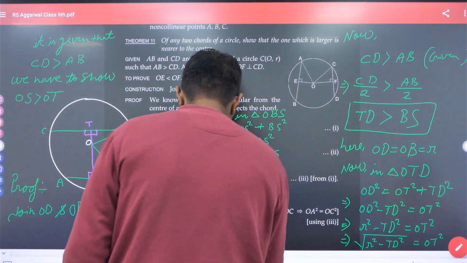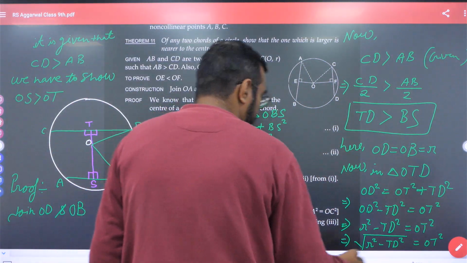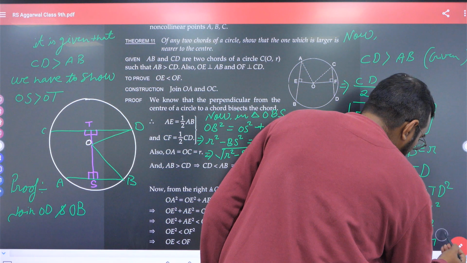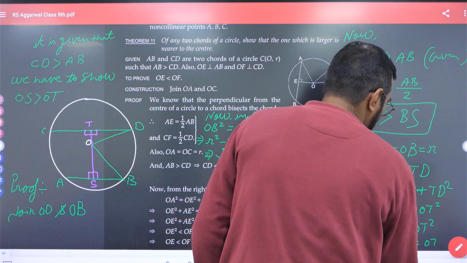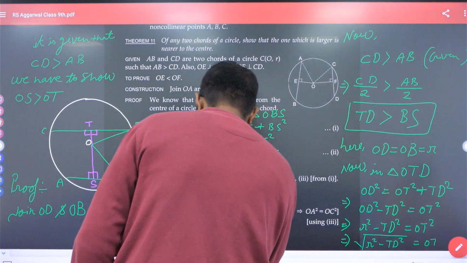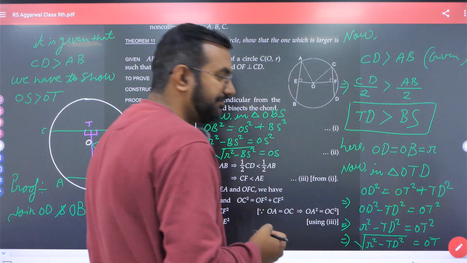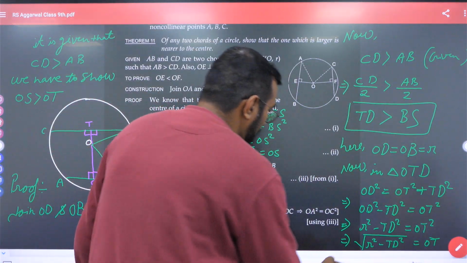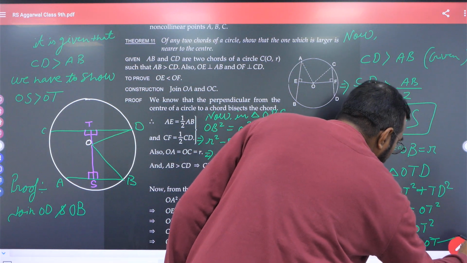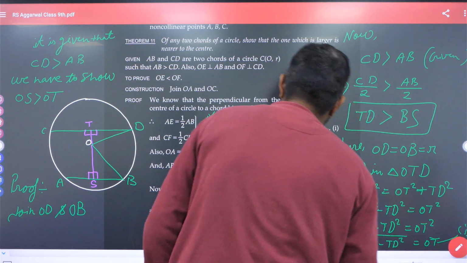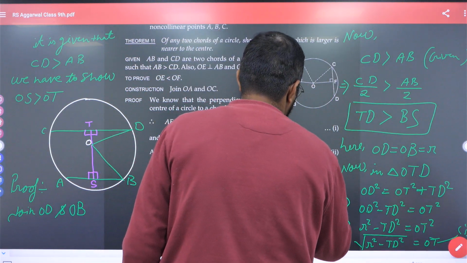Here square will not be there, right na, because we have put it under the root. Okay, so now make this equation first and this one as equation second. Okay,